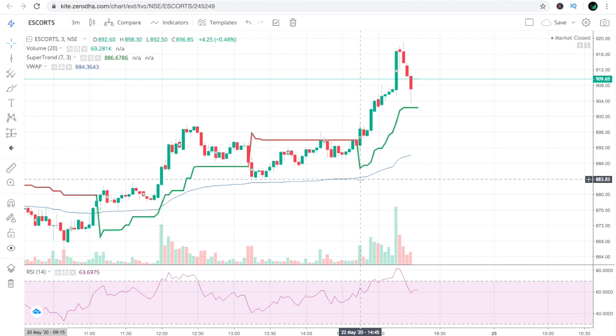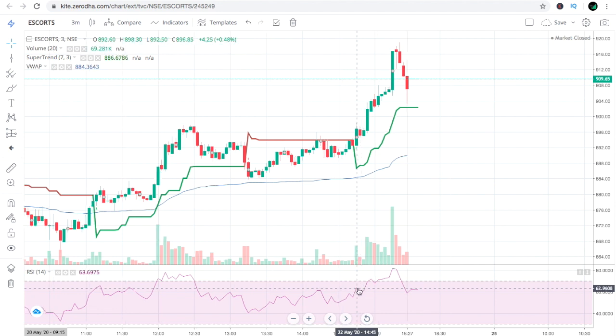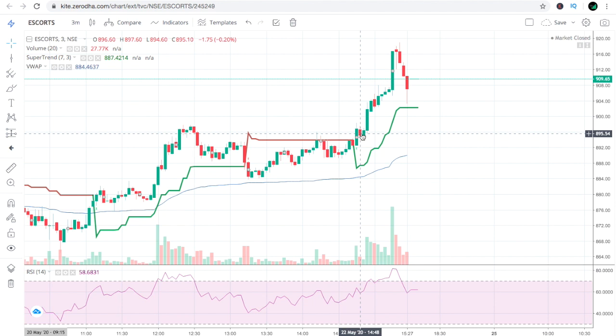Now from the charts we can see that this qualifies as an ideal entry point because the volume weighted average price is also below the stock price and the RSI is also not in the overbought zone. So this can indicate that there is an upside move left in this counter which can come through. If you follow all the guidelines we have mentioned in this video, you will be able to successfully ignore the false signals and also catch good trends.